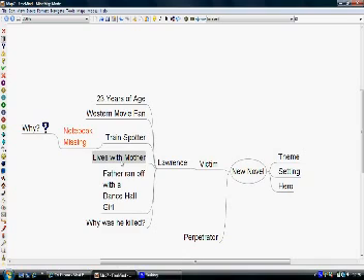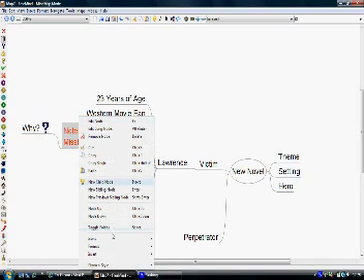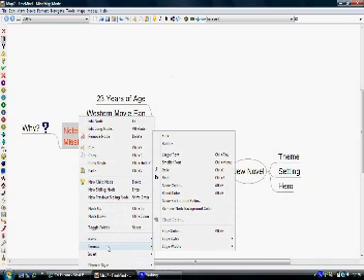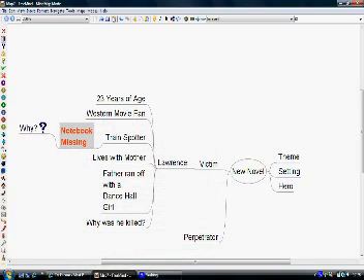Still not really bright enough for me. I'm a very visual person. So I'll go to format again and put bold. I could actually do it from the top bar up here where it says bold, there. But I'm just showing how it works. So there you are. That's how basically to use mind map